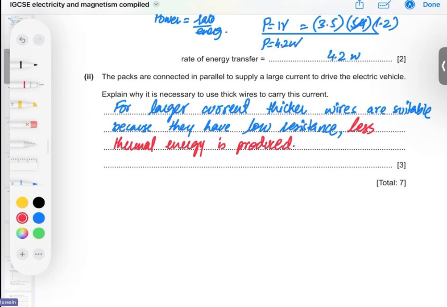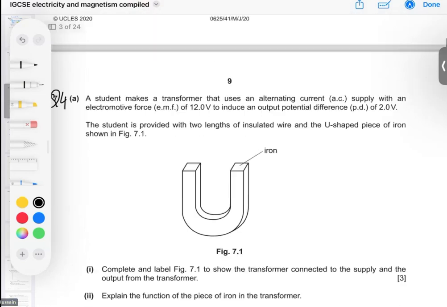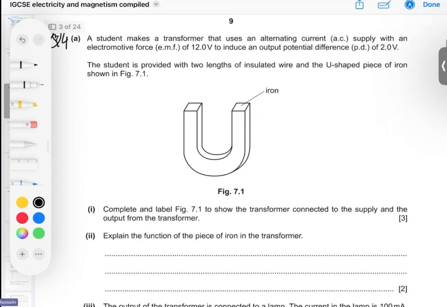Less thermal energy is produced, and that means it makes the battery more efficient, making the battery more efficient, right? More efficient. Okay, so then, yes sir, there's this next question,